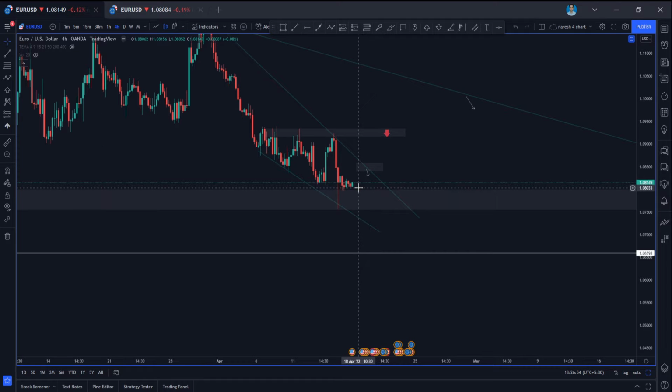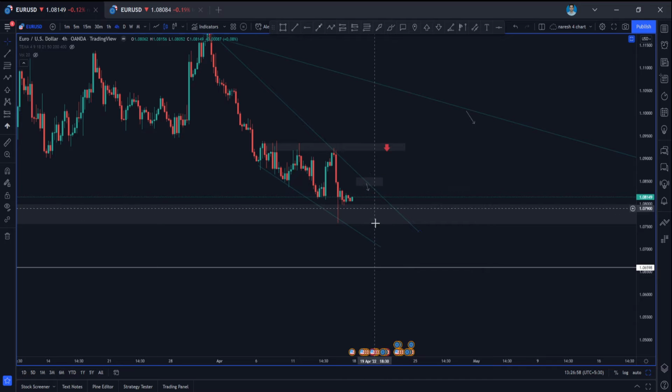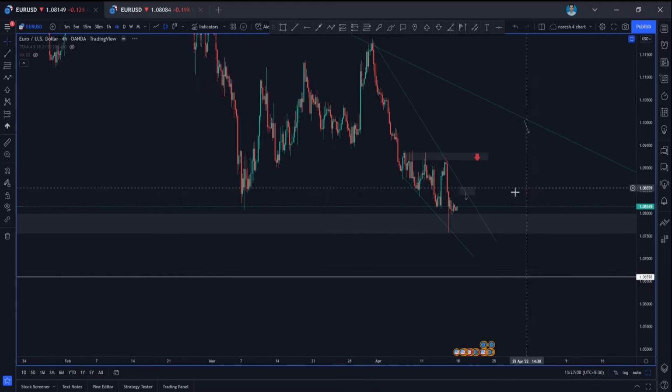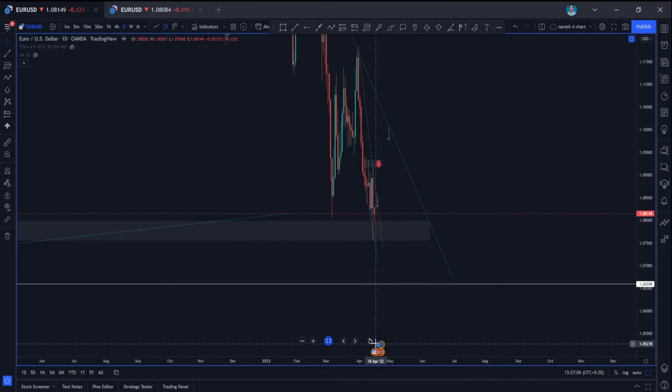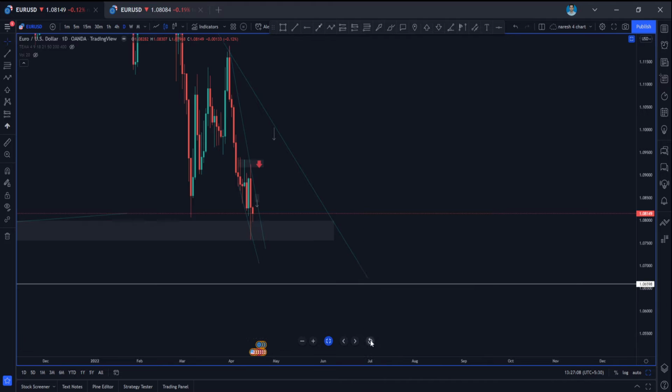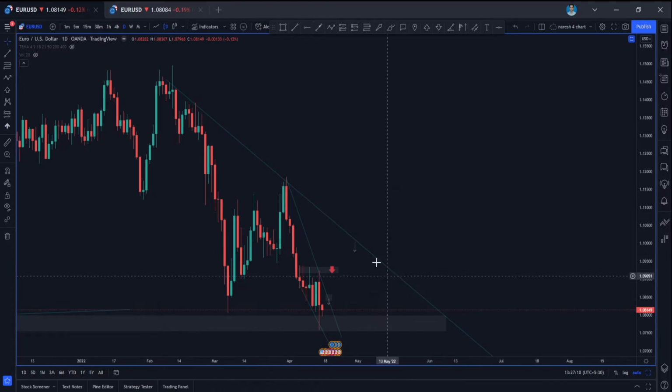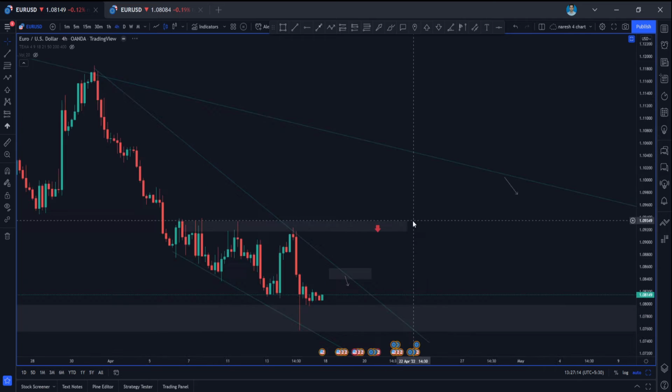So what I'm expecting is we can either come to this level again and continue the trend, or else if it is not continuing from here, the price can pull back again to this level, which is a 1 day trend line, and this is a wanted trend line. So price can come to this level and it can drop again, guys.